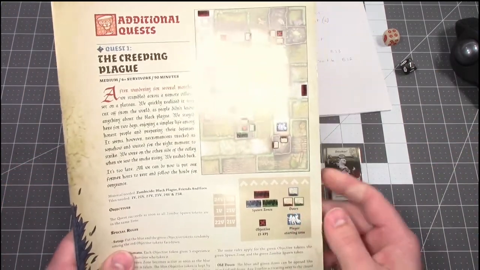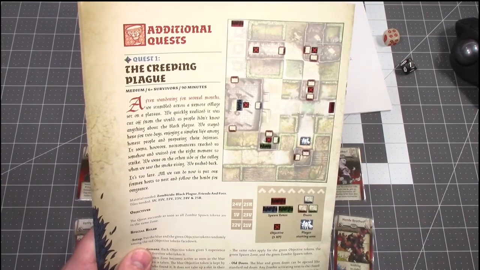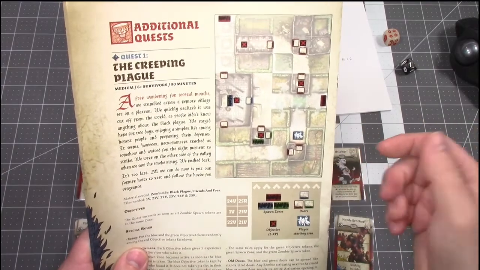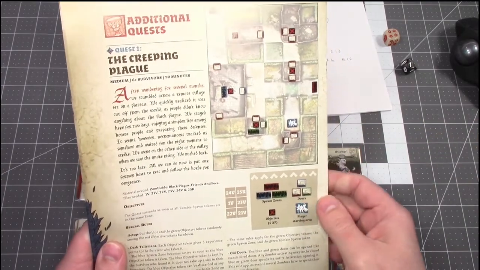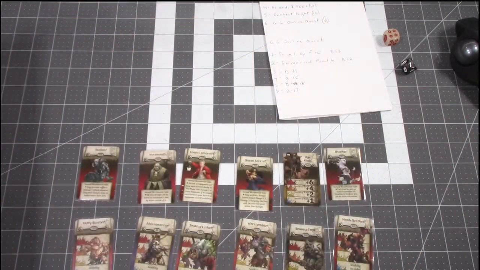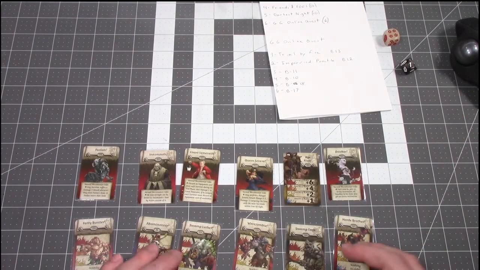So we're going to use, it says use Black Plague Friends and Foe, but I'm going to use Green Horde Friends and Foe and use the Horde rules, because this doesn't use the Vault or anything, and this doesn't even give you random Vault items, so the only way for Vault is NPCs. So now we have our 6